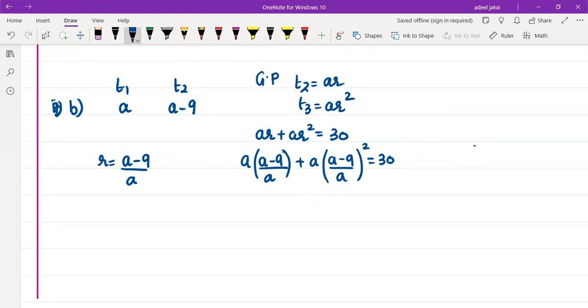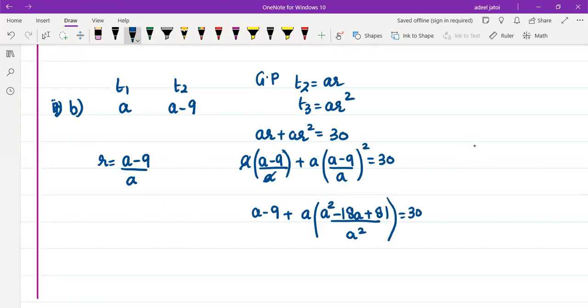Since this bracket can directly be solved, so A is cancelled. This is A minus 9. You cannot cancel these two A's because there is a square on this. So we can open this as A square minus 18A plus 81 upon A square,